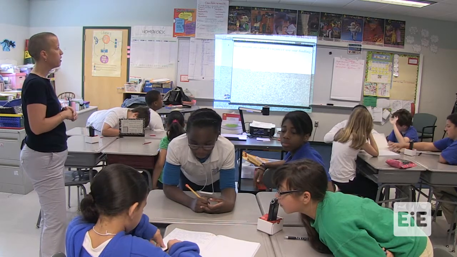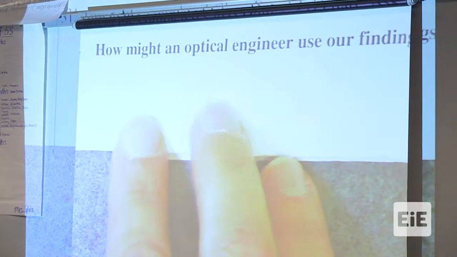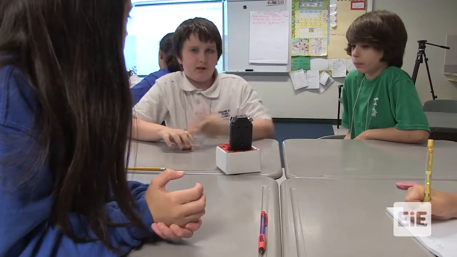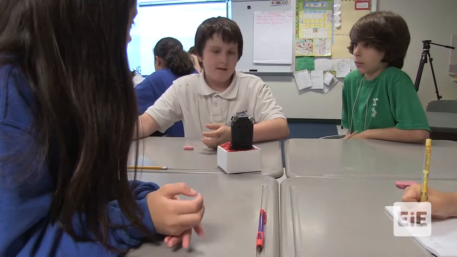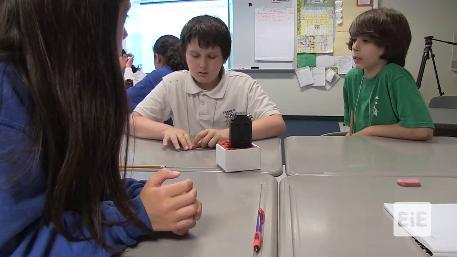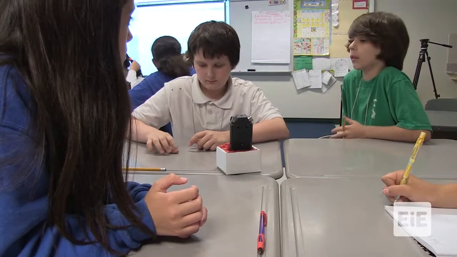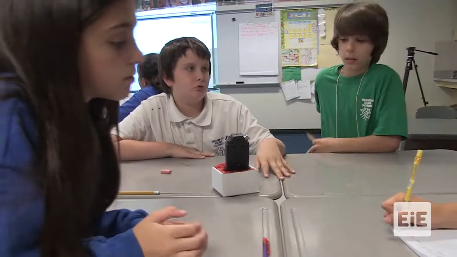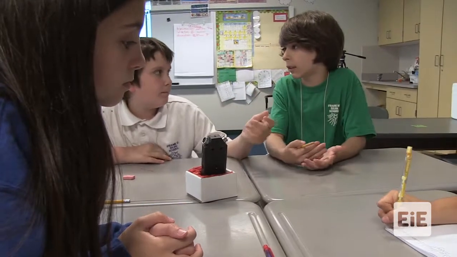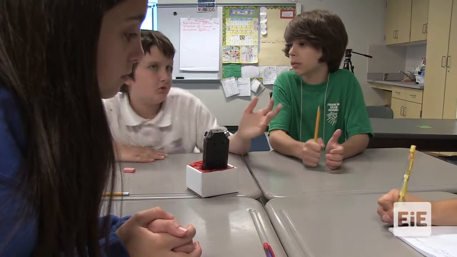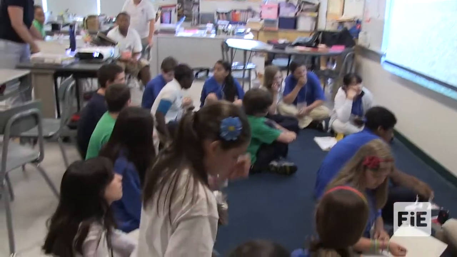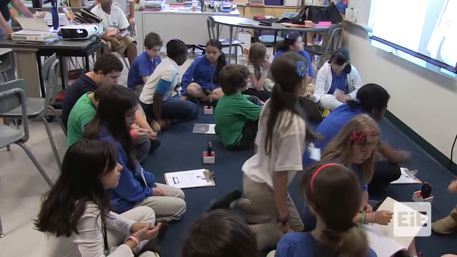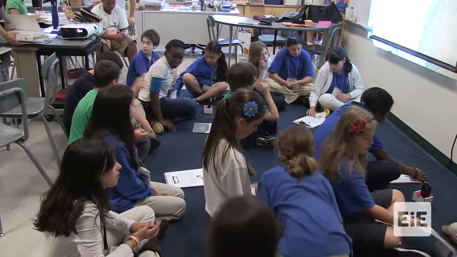How might an optical engineer use our findings? It can help them make their jobs easier, because they'll know what's reflective, what's not, what's absorbent. If they're doing a specific project and maybe they're using materials, like your project is to block off light, instead of them doing all the work, they could just use ours instead. So what you see near you on the clipboards are a couple of pages that explain some different